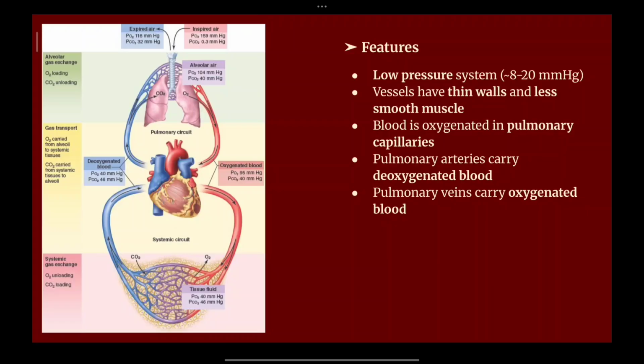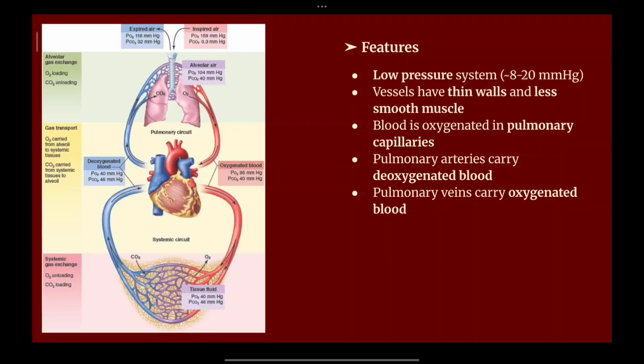You have to note here, the pulmonary capillaries are going to carry the oxygenated blood. The pulmonary veins are going to carry the oxygenated blood. Veins are said to carry deoxygenated blood, but here is an exception. Keep this in your mind, so don't get confused when you are studying. Pulmonary capillaries and pulmonary veins carry oxygenated blood, and pulmonary arteries carry deoxygenated blood. Remember these points and don't forget. If you confuse them and write the wrong versions of their function, then you're going to lose marks.